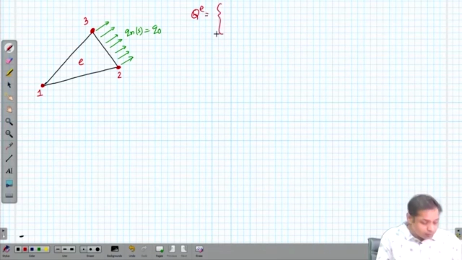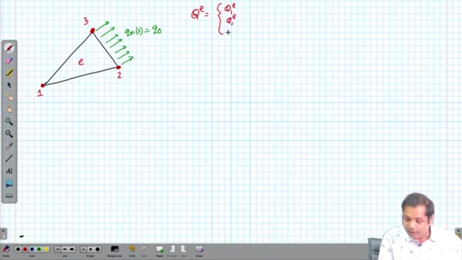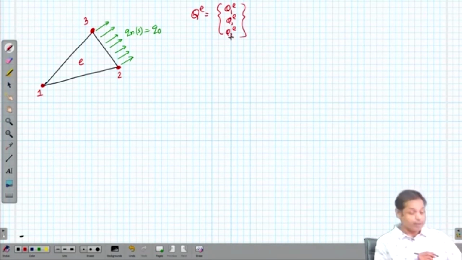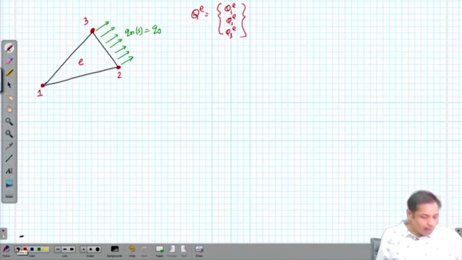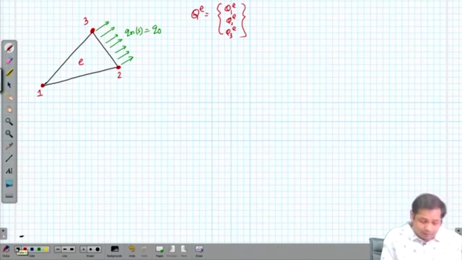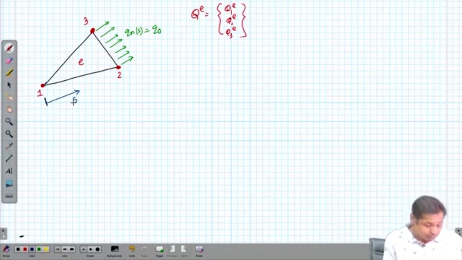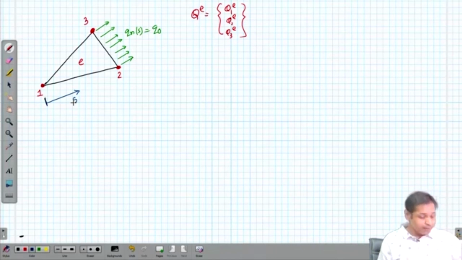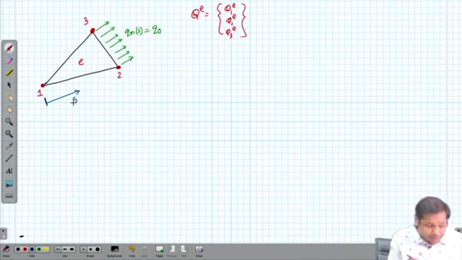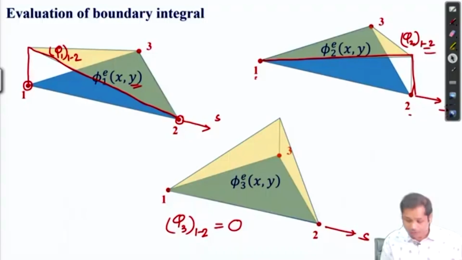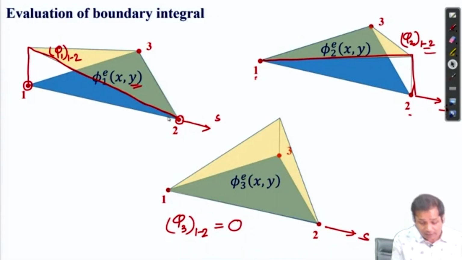QE will be Q1E, Q2E, and Q3E. We need to find these out. Let's do that. We define a coordinate like this, a coordinate S. Now what we can write is the shape function. We have just seen it on this boundary. The shape function will be this, and if we write this shape function, then phi